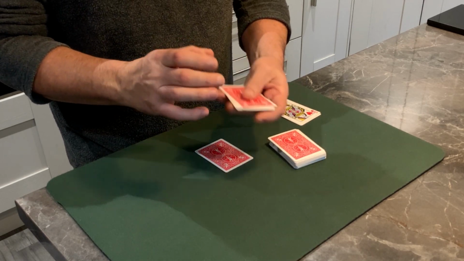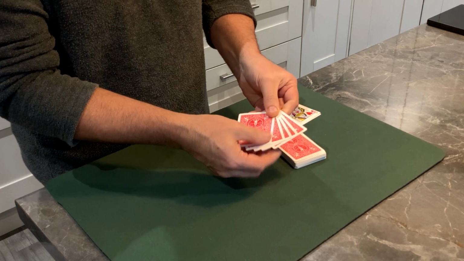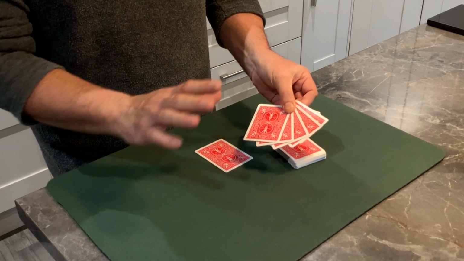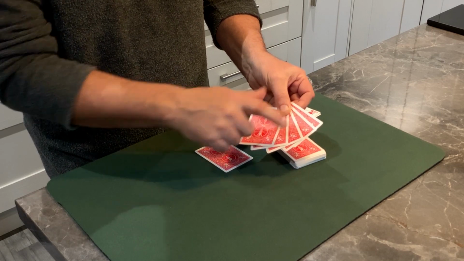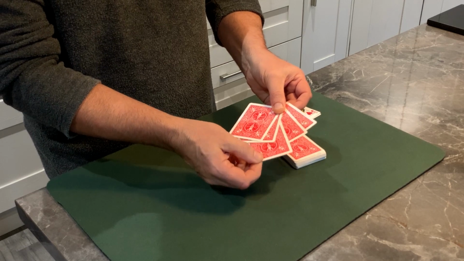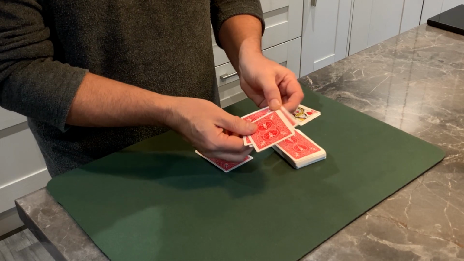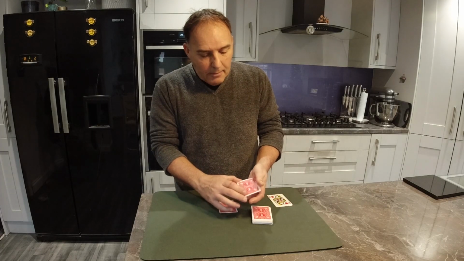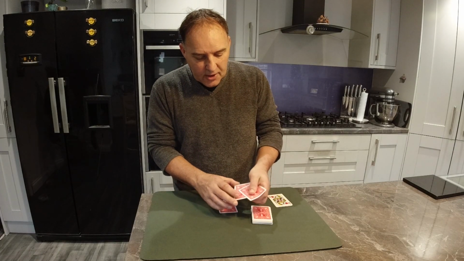I'm just going to mix them up. But what I'd like you to do is pick any one of these. Remember, it's a free choice. Just touch any one of these. You want the one in the middle, this one here. Are you sure? You can change your mind if you wish. You're happy with that? I'm going to take your card and we're going to look at that in a moment,